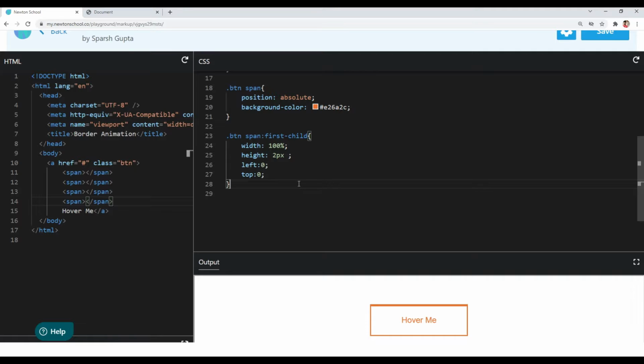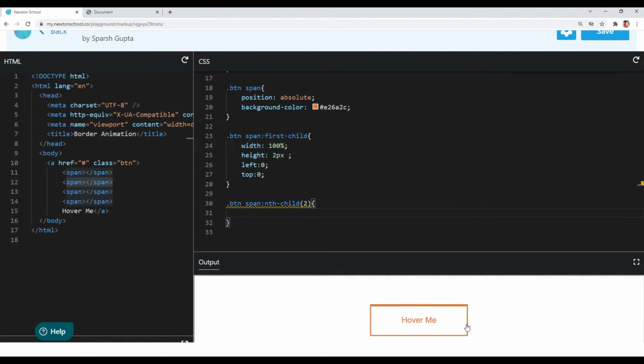So I will target the second span child using the nth child pseudo class. I will write nth child, and we want to select the second span child, so I will write 2 inside nth child. Okay, so we are going to create the right border.